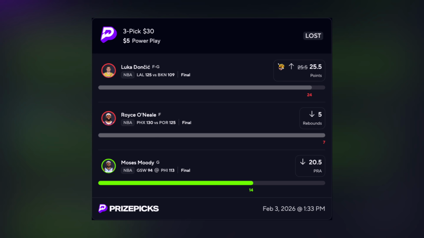So even if I gave you 2 green picks on top of it, you would have lost the slip because it's a power play. 1 red automatically chalks the whole thing. Anyway, Doncic just misses his mark of 25.5 points over. I gave out this Moses Moody play, 20.5 PRA. I know a lot of books had him at 19.5, and he was a heavy underdog to go over this 20.5 Prizepicks line, according to sharp bettors on Novig and